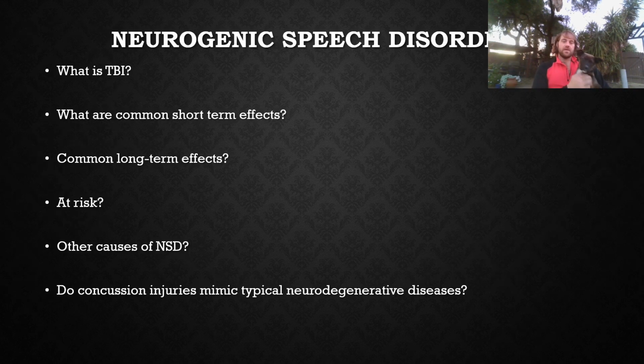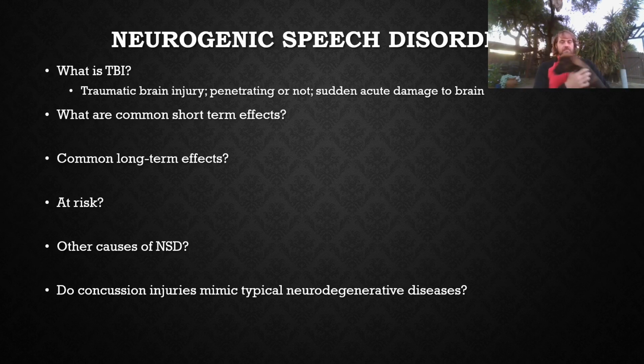Okay, neurogenic speech disorders. What is TBI? What does it stand for? Traumatic brain injury. You can have a penetrating injury or not. Penetrating injury is one that goes through the skull. So like maybe a bullet wound or a piece of shrapnel or something like that. Or you can just have a closed head injury, which would be any sort of